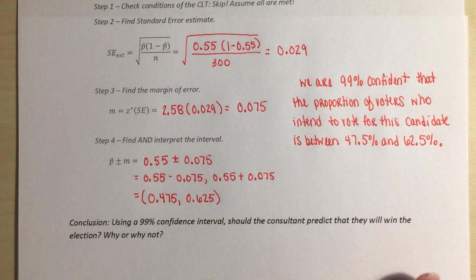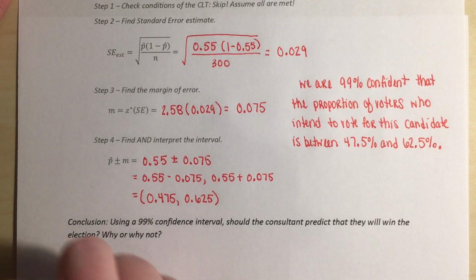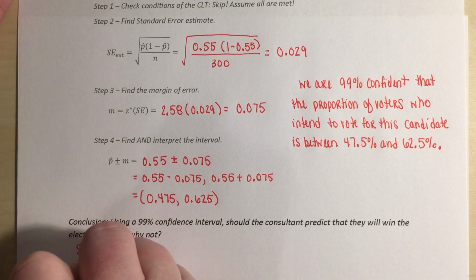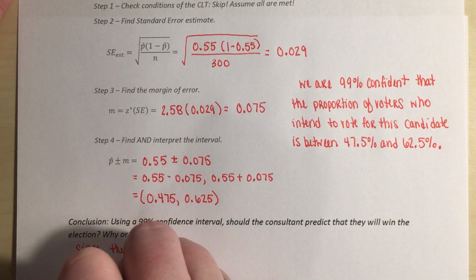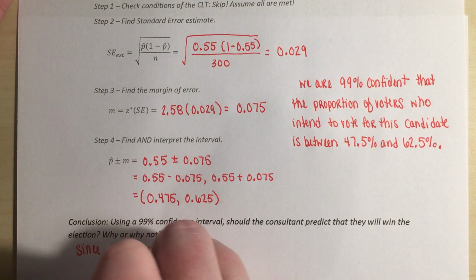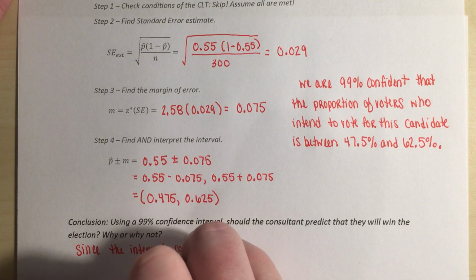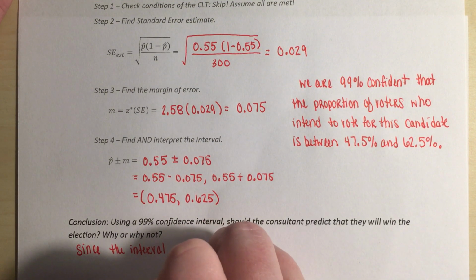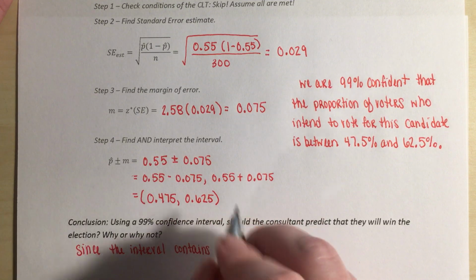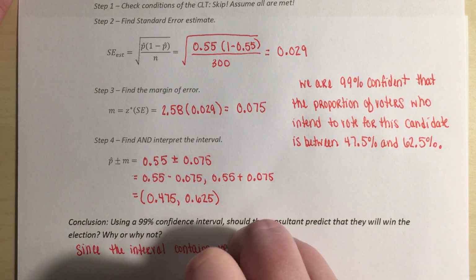All right, our conclusion. Right, using a 99% confidence interval, should the consultant predict that they will win the election? Why or why not? We look at these values. Again, we drop below 50%. So we will say, since the interval contains values that are below 50%,